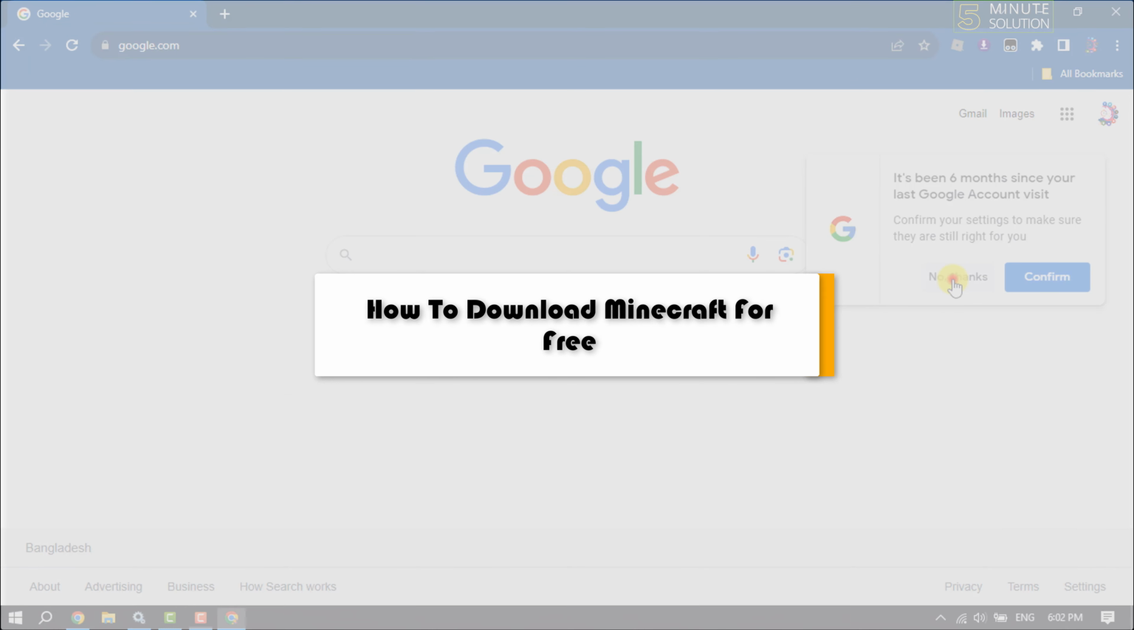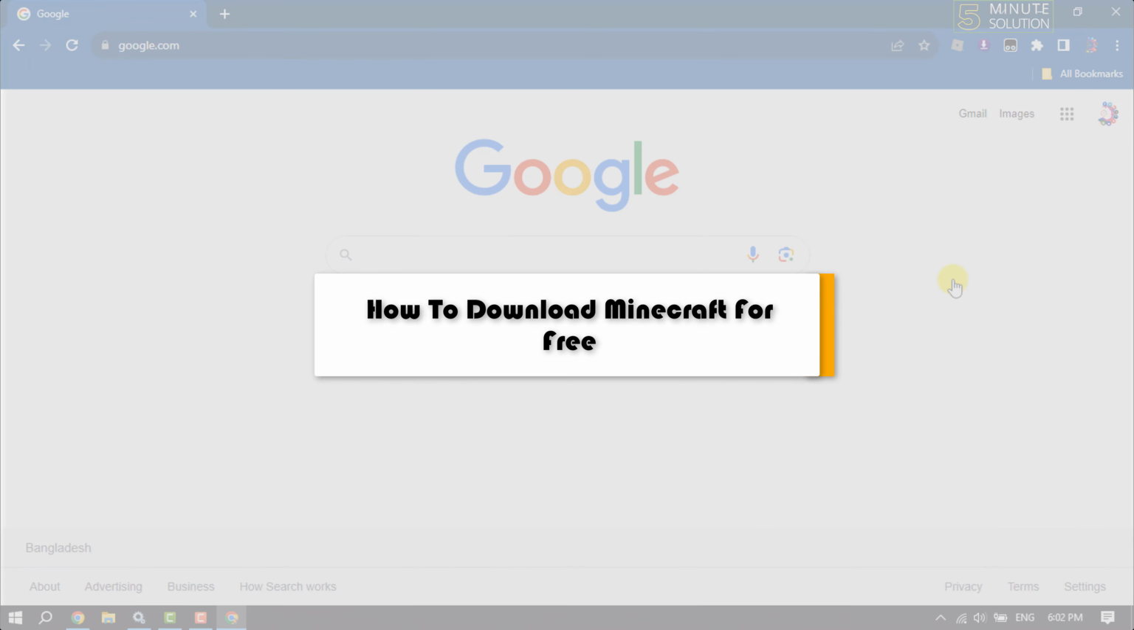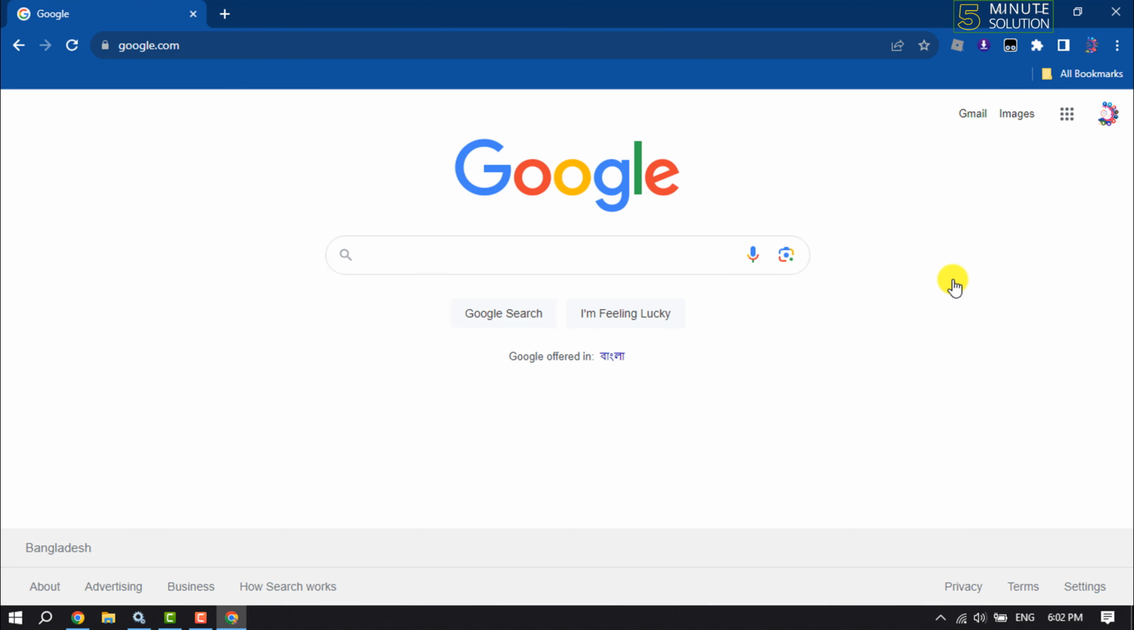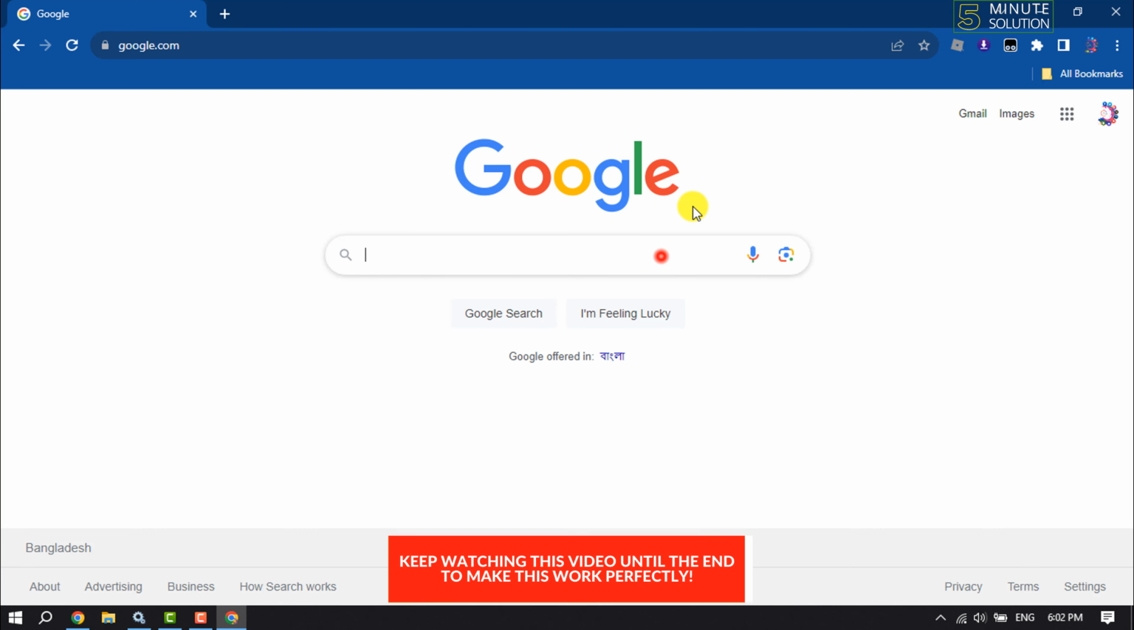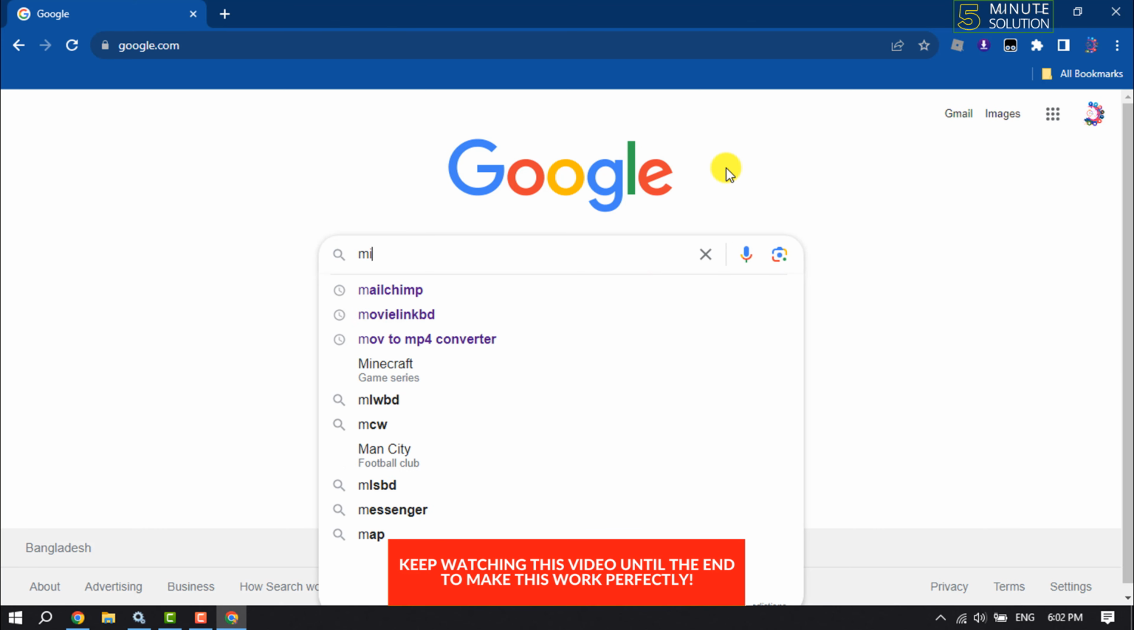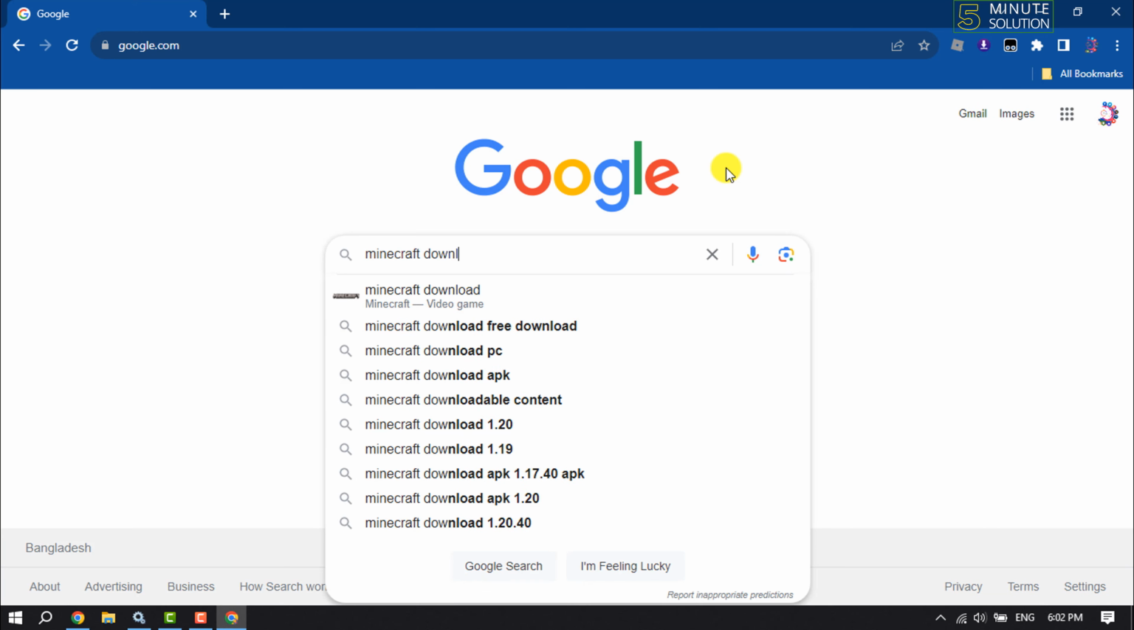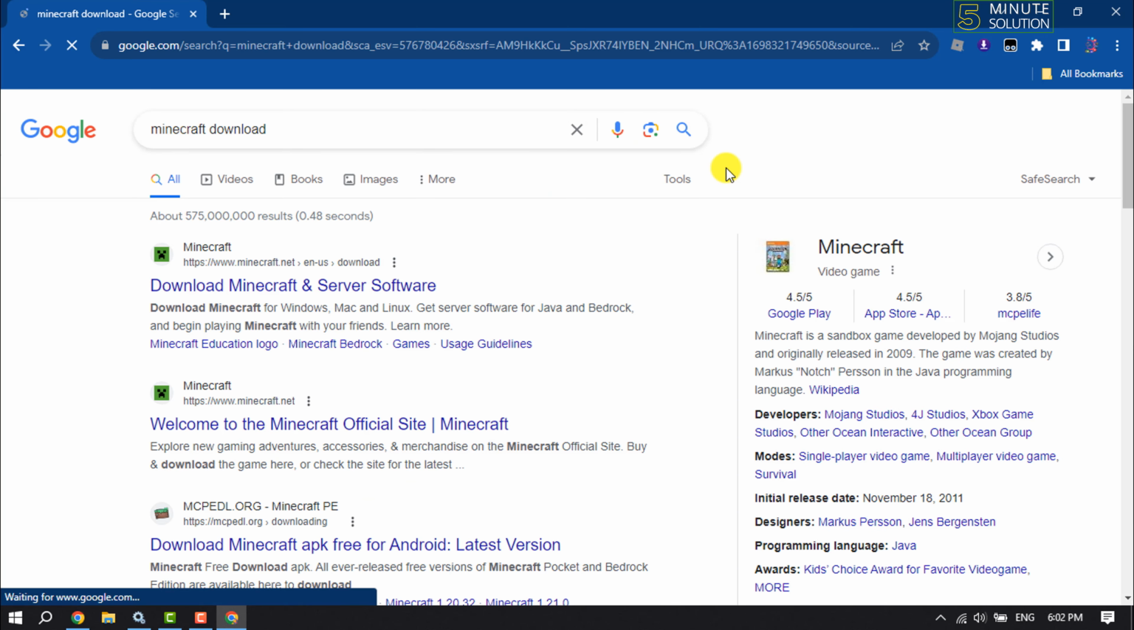This 5-minute solution will show you how to download and install Minecraft for free. On your computer, open a browser and simply type here Minecraft download, and now click on the first link